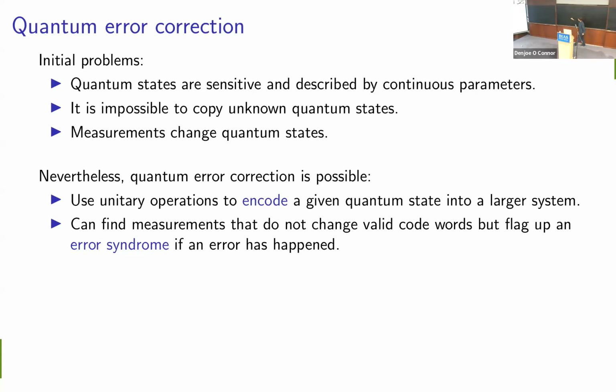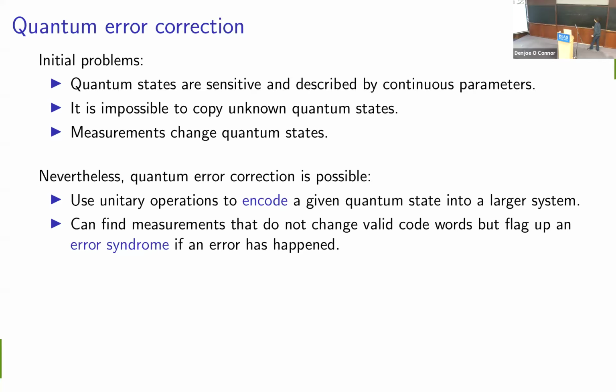And in fact, other quantum states, so if we have a state that's, say, A0 plus B1, then that one isn't going to be copied. That one will instead become, by linearity, A times 000 plus B times 111. So this is the most general form of our encoded state.